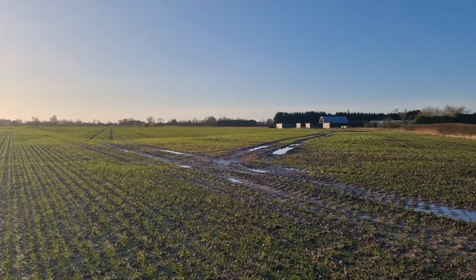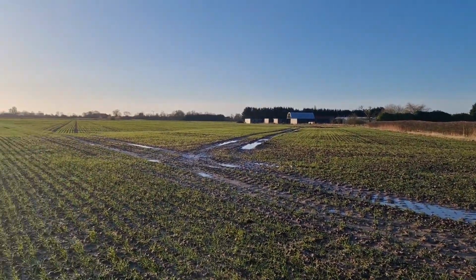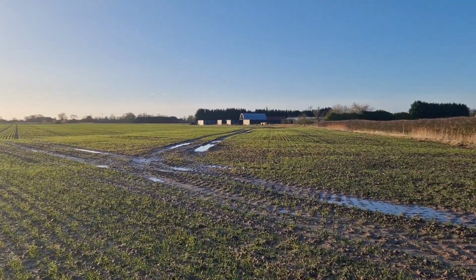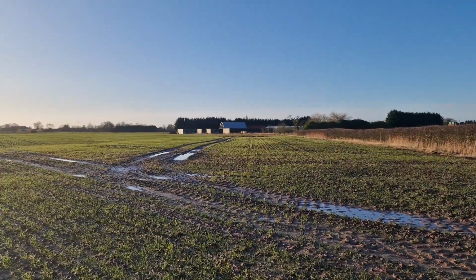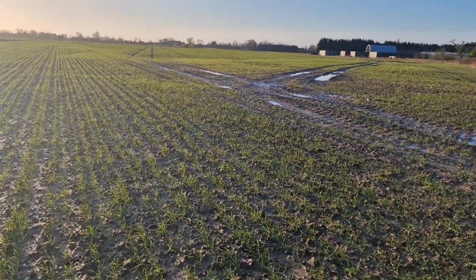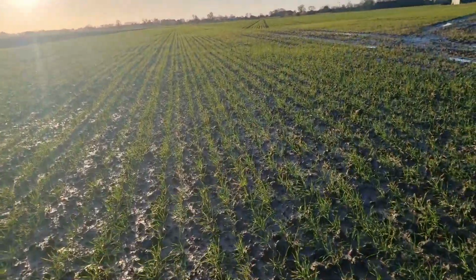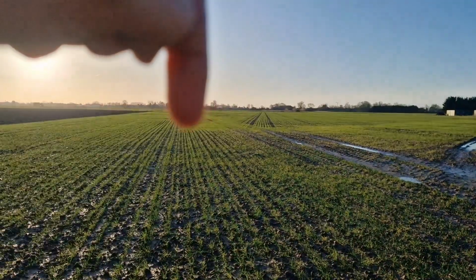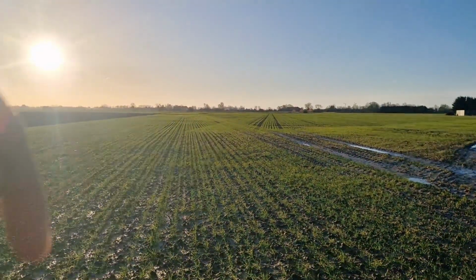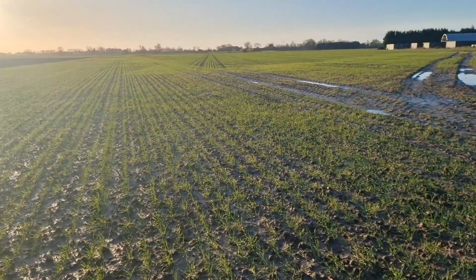There's a few double passes in certain areas just to try and make a good job. There's certain areas like this wet hole over here which was never going to happen, so this has been subsoiled and drilled straight into, and it doesn't look too bad. You can kind of see overlaps here and here where I was going off the GPS really for me ins